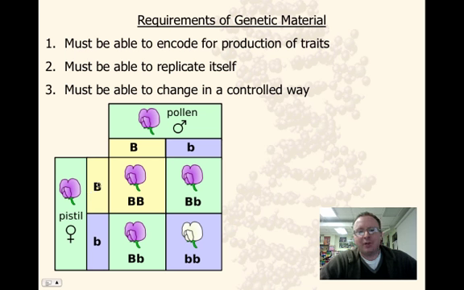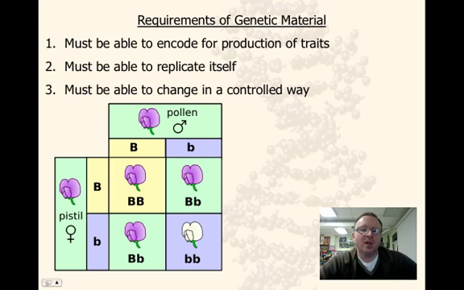Mendel was able to figure out that there were factors that would eventually lead to the production of a particular trait. In this case, the trait is flower color. So there would be a large B factor which would code for or encode the production of this purple color, and there would be a small b factor that would encode for this white color. So he knew that there was some sort of factor that did the encoding that would lead to these traits. He just didn't understand what it was. So obviously whatever the genetic material is going to be has to be able to encode some sort of